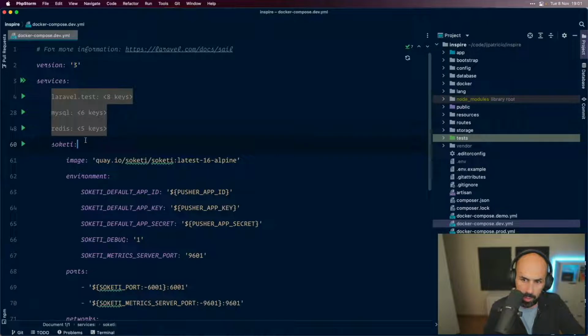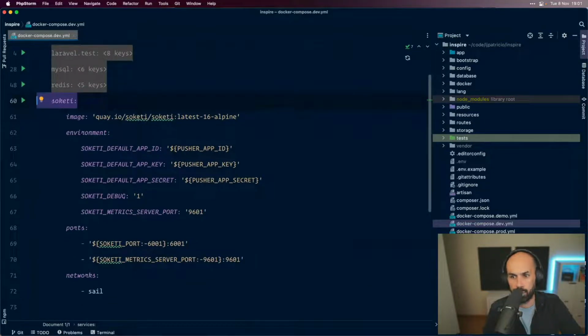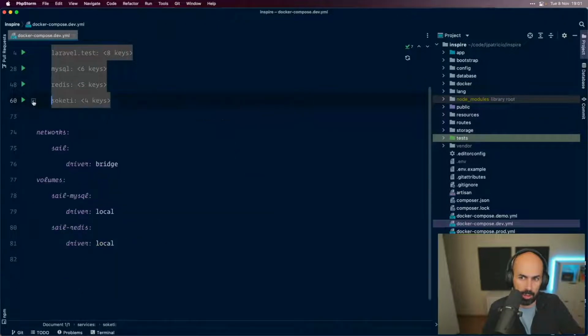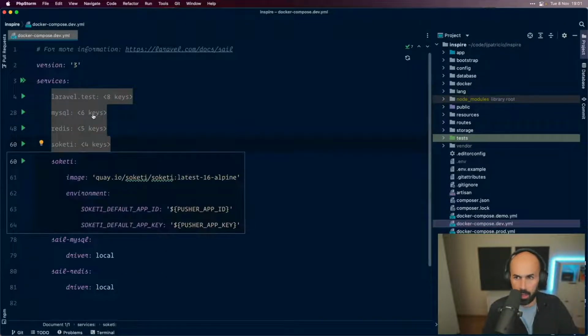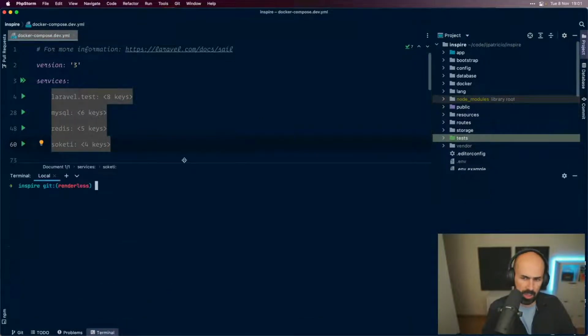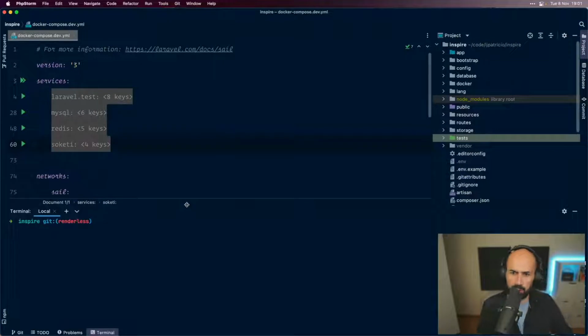And we have something different now. We have Soketi, that is meant to be a Pusher alternative, open source, so it respects the same API, and just by hosting this container I can have WebSockets in the application. And of course I could run it from here, and yes, I will, but as we are not looking into Laravel development right now,